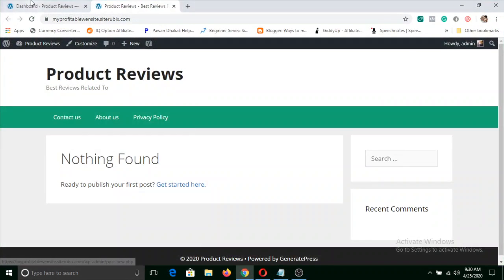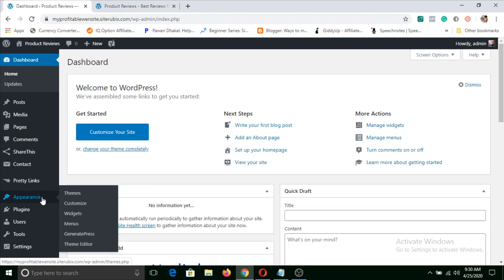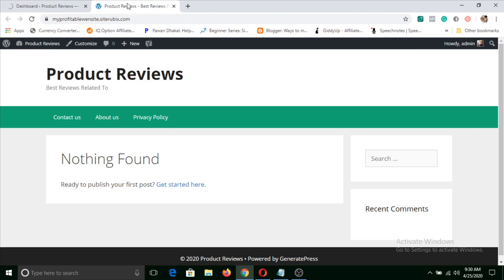Now we'll go to this dashboard. You already know how you can come up to here. Now you can click on appearance and click on customize. So for now our website seems something like this.